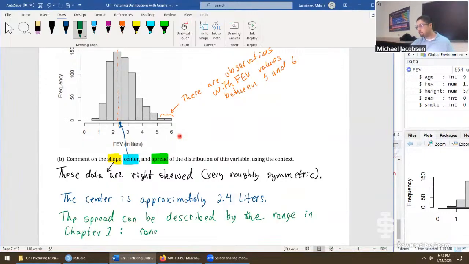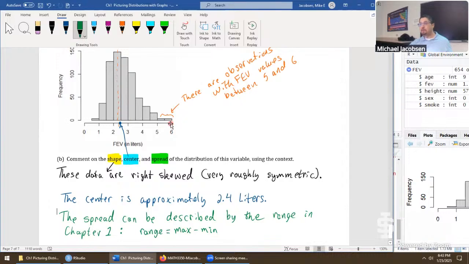The range is going to be equal to the max minus the minimum value, which is kind of weird in a certain sense. One way to describe the spread of the data is just to say it goes from about 0.5 liters up to 6 liters, but I gave you 2 sets of numbers. Oftentimes when people are describing the spread as a range, we're giving one number. We just want to know the length of the interval that contains all the data. That's more similar to the standard deviation and the interquartile range. It just feels weird when we do it the first time.